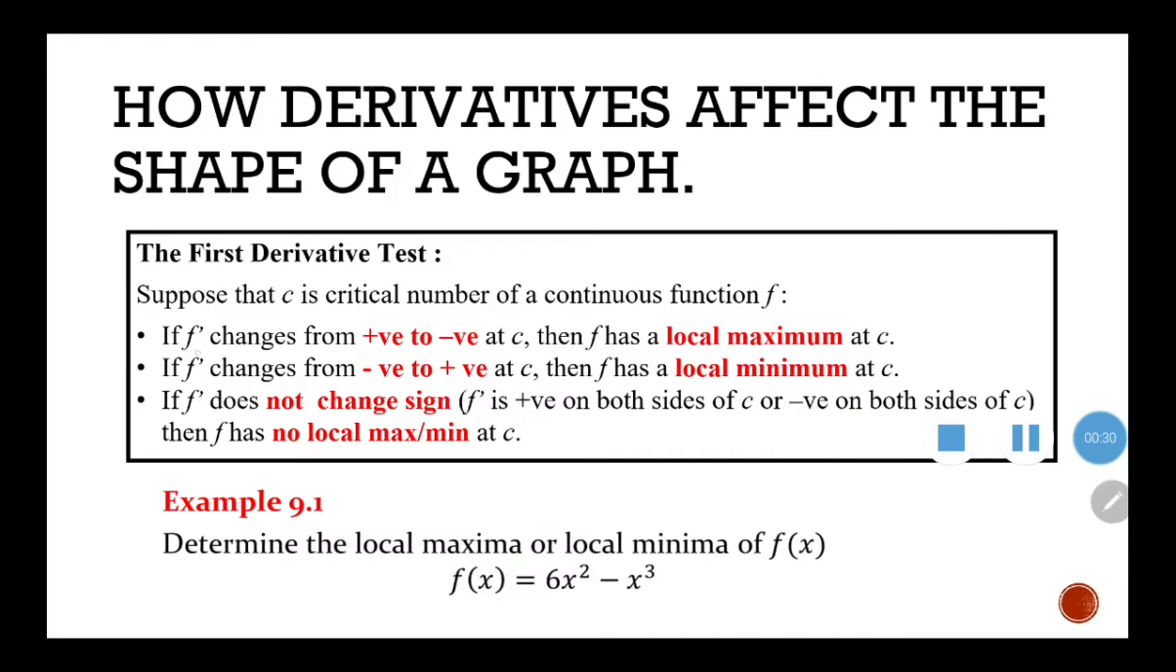If f prime changes from positive to negative at C, then f has a local maximum at C. If f prime changes from negative to positive at C, then f has a local minimum at C. If f prime does not change sign, there is no local maximum or minimum at C. I know it's hard to understand in written form. We have to do the example first, right? Okay,